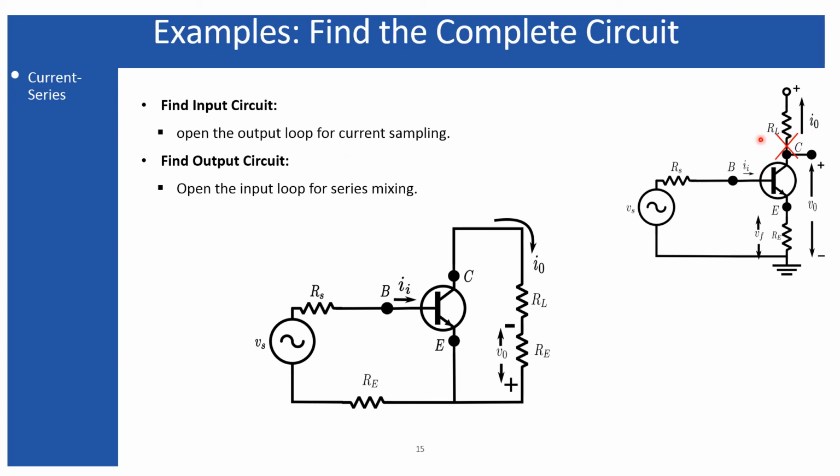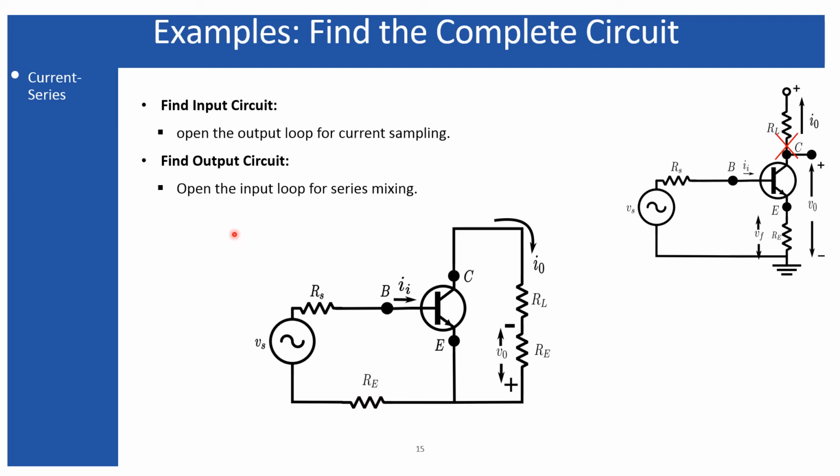So I have to open this output terminal, and I will see opening the output terminal is not making any effect on this emitter resistance. Therefore, when you are looking at the input loop around the base emitter loop of this transistor, you can see the emitter resistance, which is actually the equivalent resistance of the feedback network, appearing within the input loop. So here I am separating that emitter resistance within the input loop.